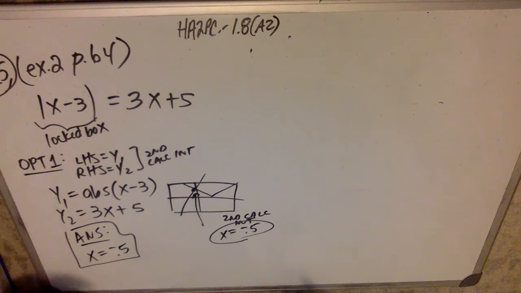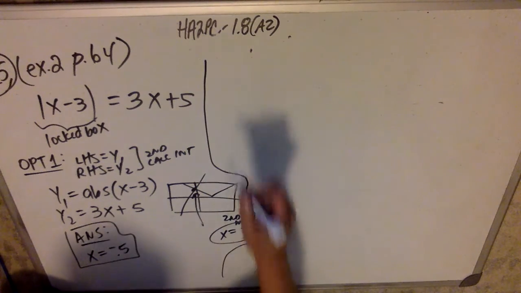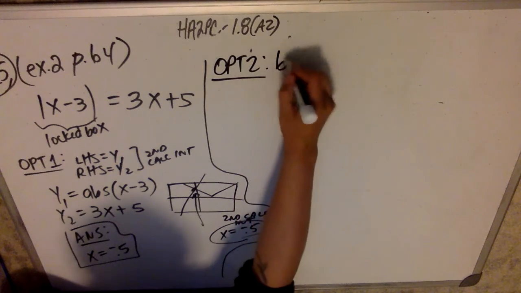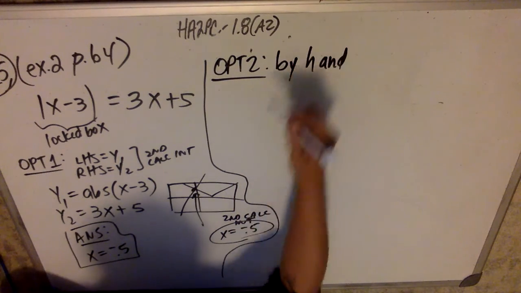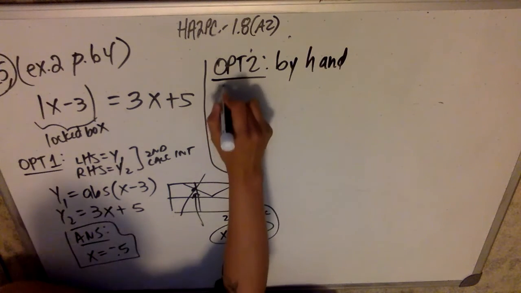I'm going to argue that in a problem like this, where you have some x's in an absolute value and some x's not, the calculator is by far the easier option, okay? The other option is that we do it by hand. So we're going to walk through this by hand because I want you to get the logic that it still works the same way it did when it was numbers, right? So if we do this by hand,